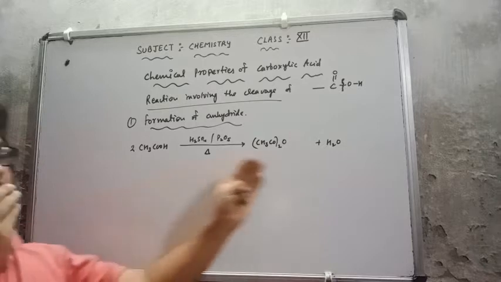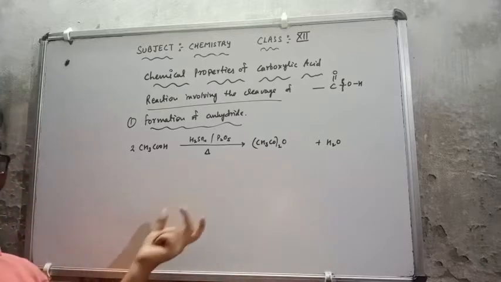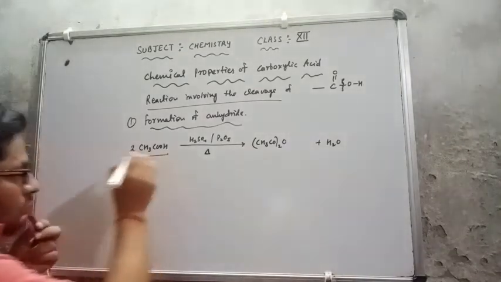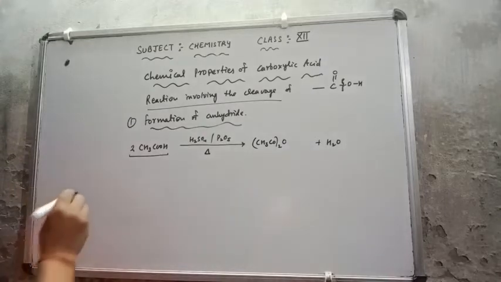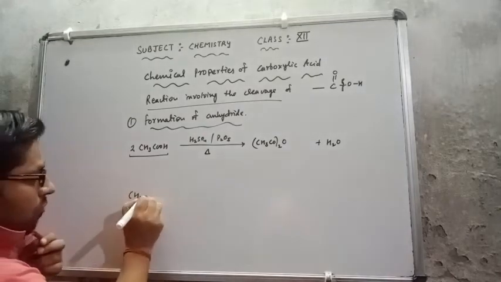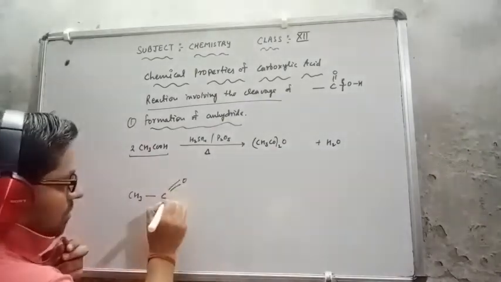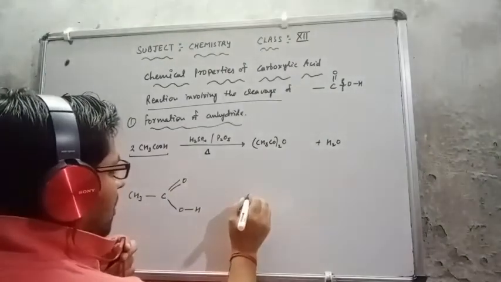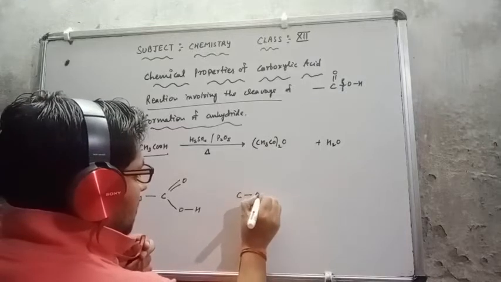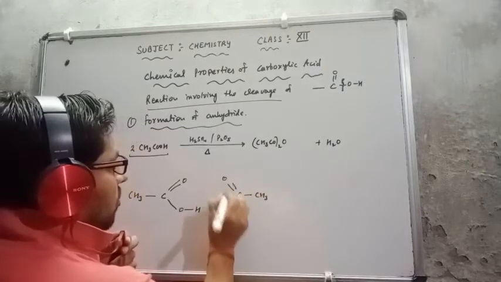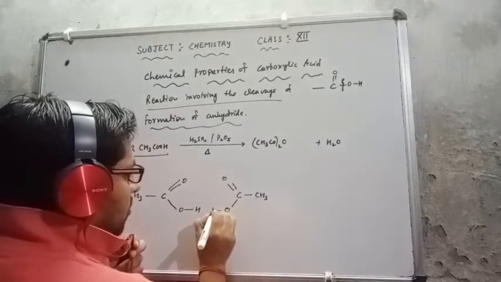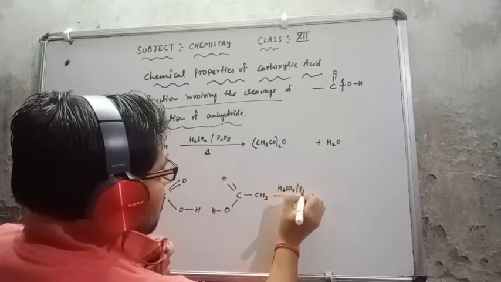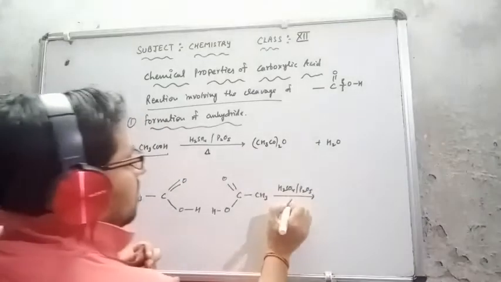But how the reaction actually completes, I am showing you one trick. By that trick you can easily understand the reaction. We have taken two molecules of carboxylic acid. Same I will do it here. This is one molecule I have written in this way. The same other molecule also I am going to take. This is carbon, single bond CH3, double bond oxygen, single bond oxygen, single bond hydrogen, in the presence of H2SO4 or P2O5. Then we have to heat it.